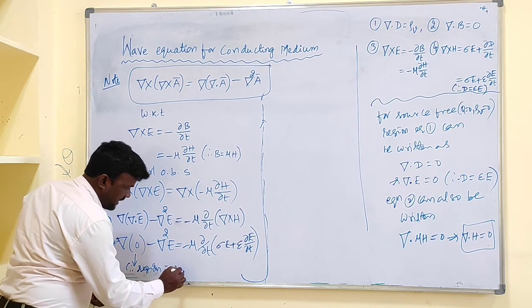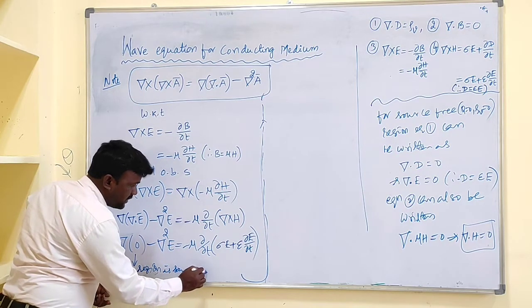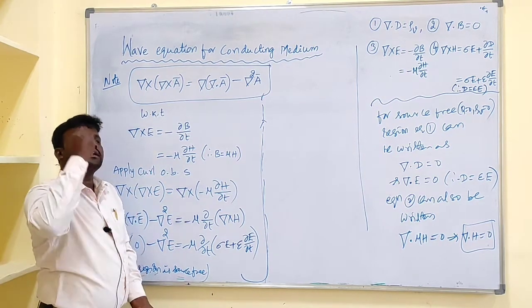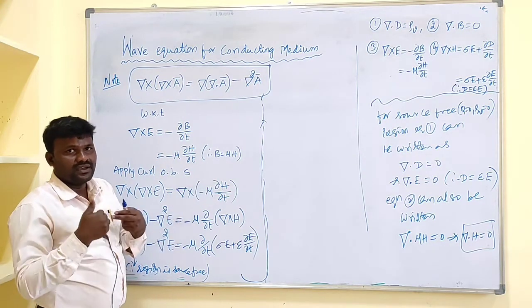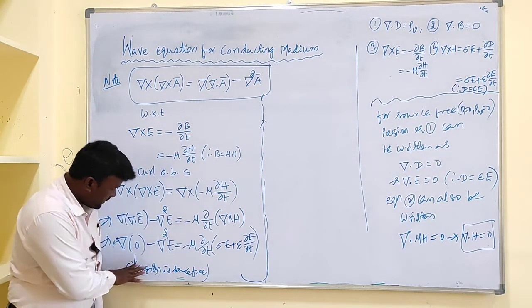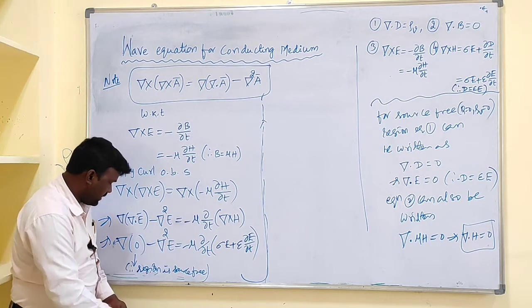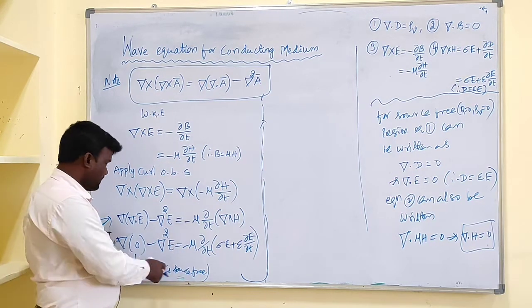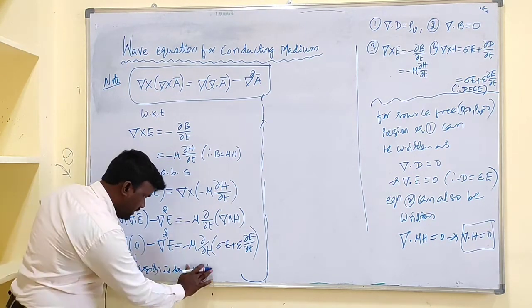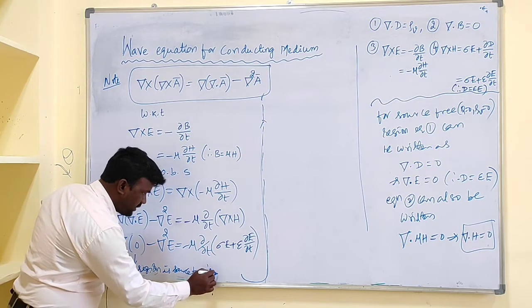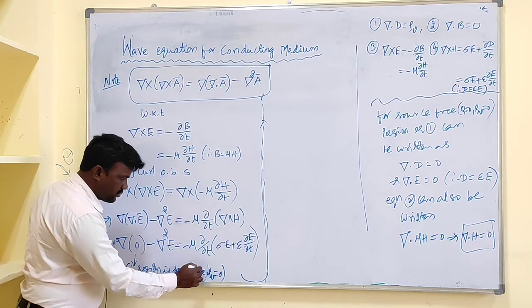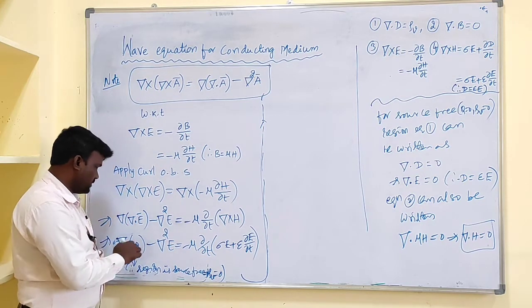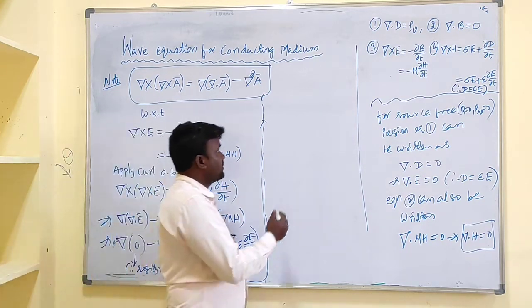Actually, a wave is generated somewhere and applied into the medium. Initially the medium is free of charge, so that's why the medium or region is source free. That's why rho v equal to 0. As rho v equal to 0, del dot E equal to 0. Region is source free, that implies rho v equal to 0. As rho v equal to 0, this one is 0. So that is del of 0, what is it?